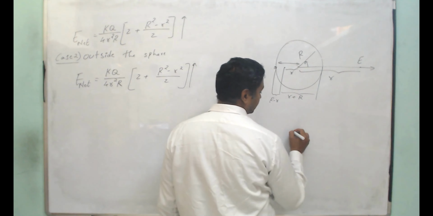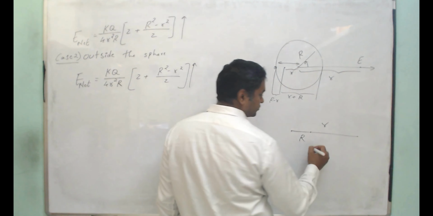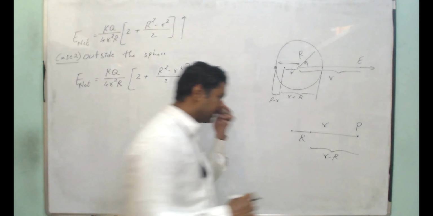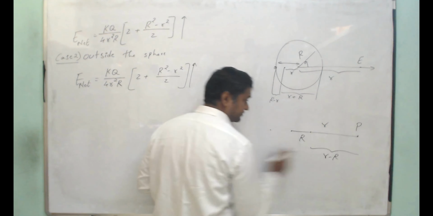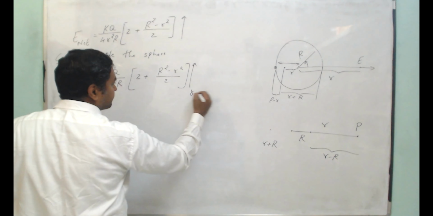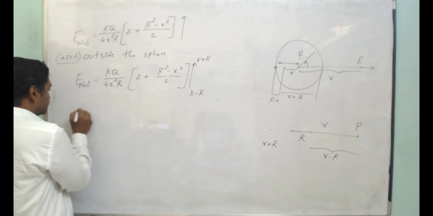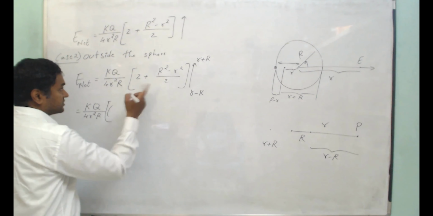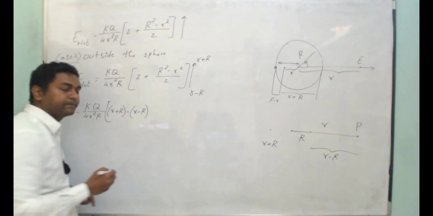Now we are considering this distance as small r and the radius as capital R. My first limit is going to be small r minus capital R, the distance outside, let's say some point P. Then the upper limit is this entire distance, so it is small r plus capital R. So my limits start from small r minus capital R to small r plus capital R. E net is KQ by 4 small r square into capital R in brackets: upper limit small r plus capital R minus lower limit small r minus capital R,